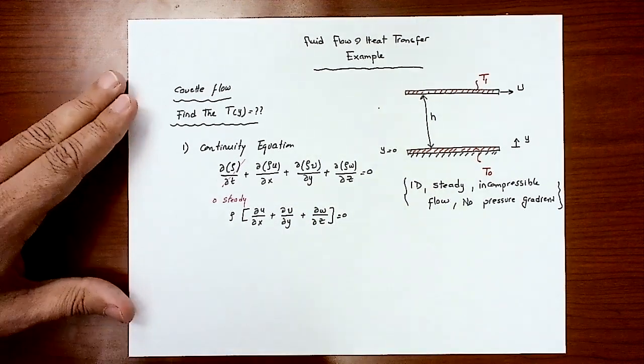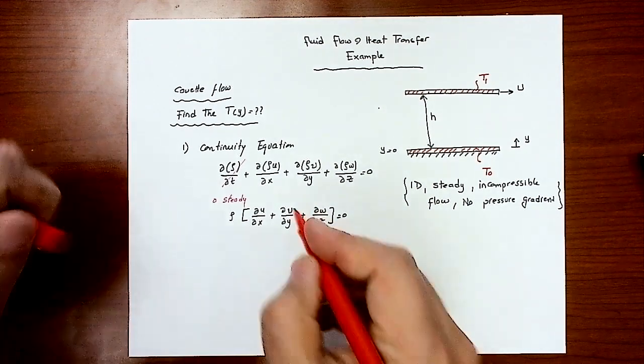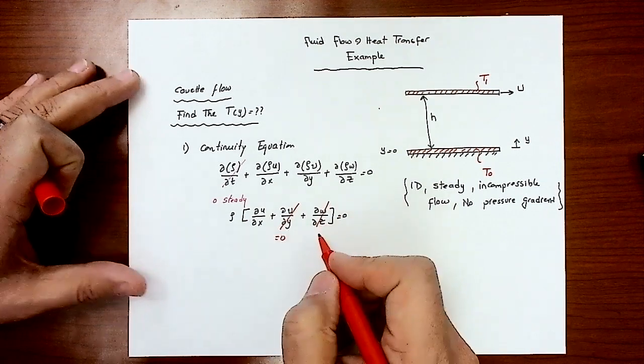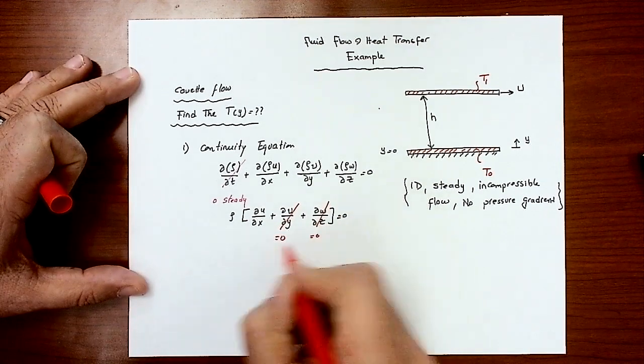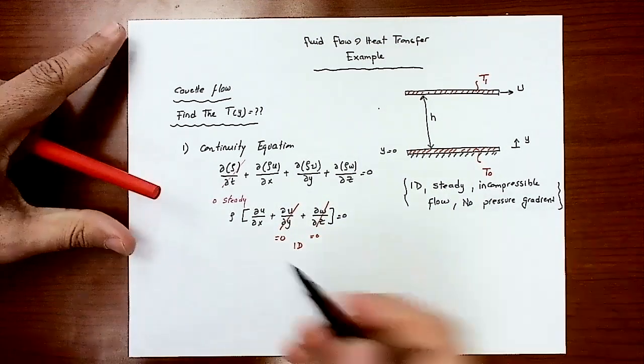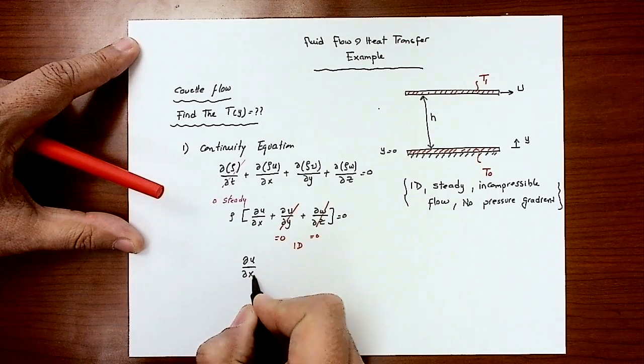And we know that since we are dealing with one dimension, partial v by partial y is going to be 0, and partial w by partial z will be 0. These are because of the one-dimension flow. So I'm going to end up having simply from the continuity equation that partial u by partial x is equal to